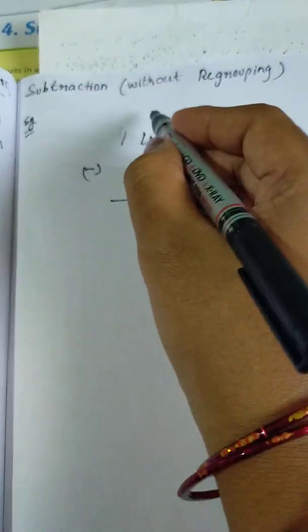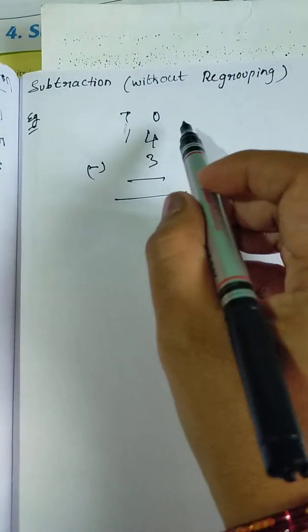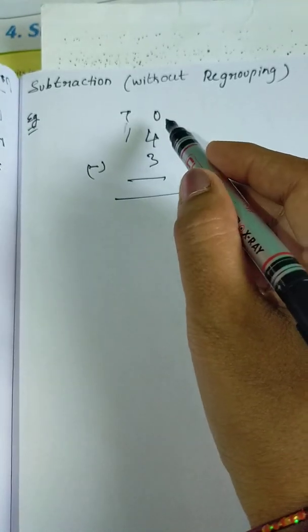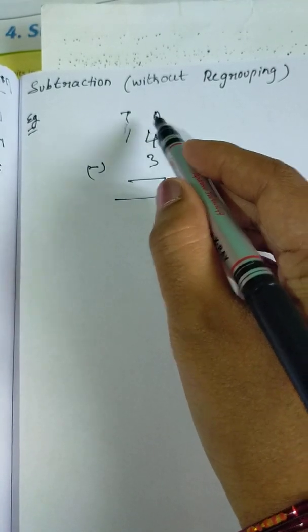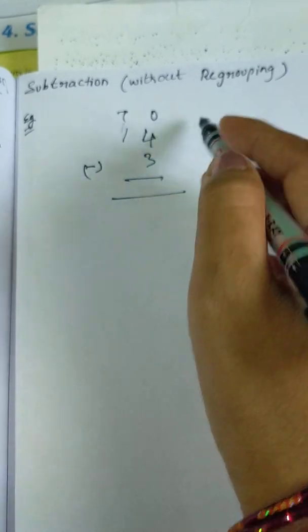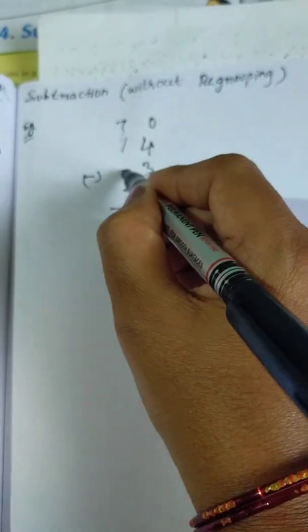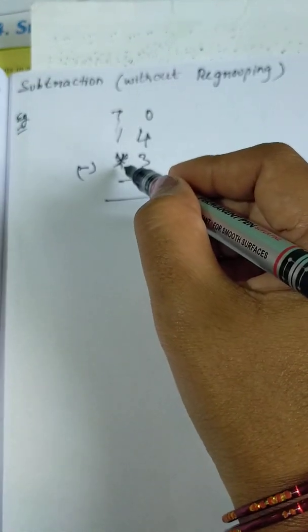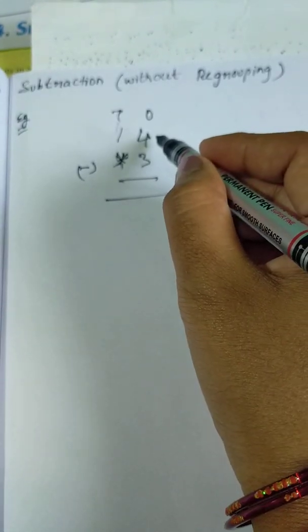First write the place values. It is the ones place. It is the tens place. Place values always start with ones, tens and hundreds. So first, write the place values. Ones and tens. Is there a number? No, there is no number. So draw the star symbol.